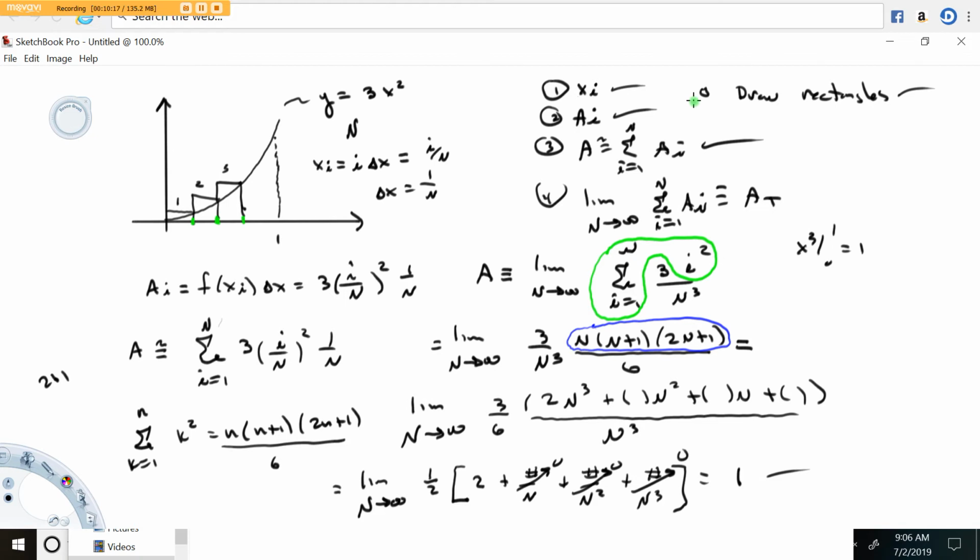Again, here's your process. Step 0, draw your rectangle, set it up very concisely. This is probably the most important step. How you draw these rectangles will dictate what your work looks like. I usually just draw them the first thing that comes to mind. Here I decided upper bounds. If you wanted to do lower bounds, that would be fine too. You'd have basically no rectangle, and then one like this, one like this, one like this. You can use midpoints, but there's really no reason to when your game plan is this limit as n goes